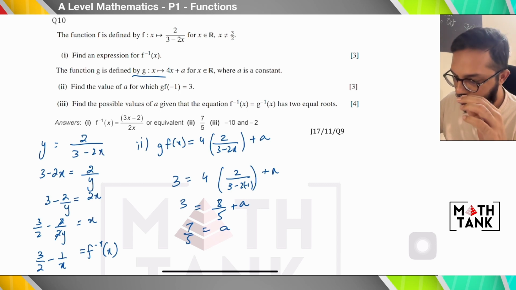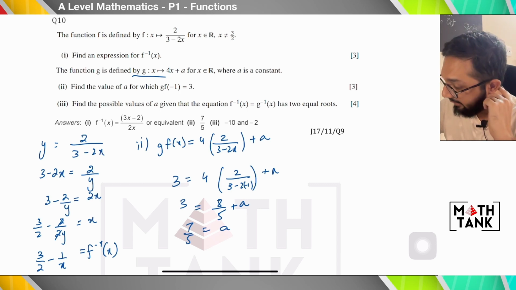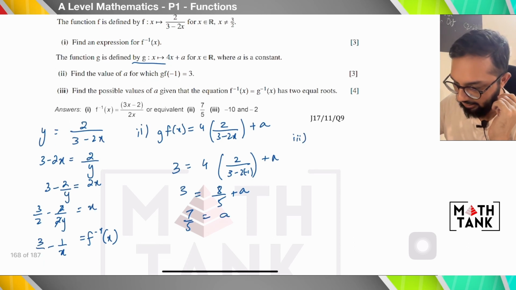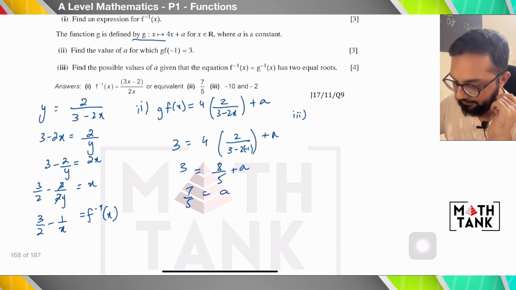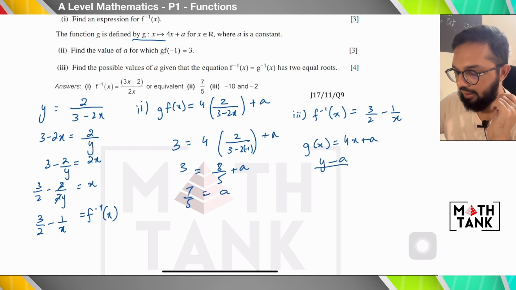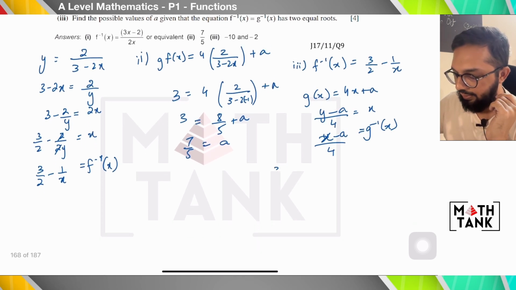Find the possible values of a given that the equation has two equal roots. So this is a question on quadratics. I have f inverse of x. That was 3 over 2 minus 1 over x. I still have to find g inverse in terms of a. So I'm going to say y minus a divided by 4 equals x. So g inverse of x equals x minus a over 4. I'm going to say that